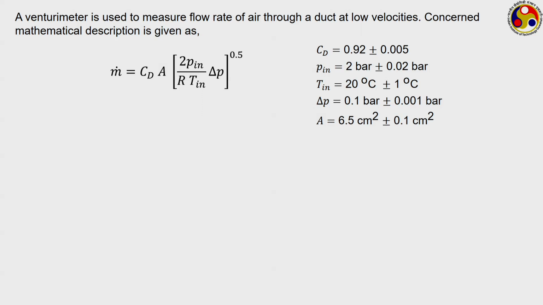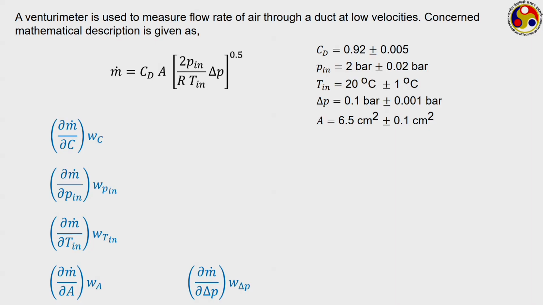And there's another problem given for the venturimeter. Again, there are 5 different parameters, 5 different measurements that we have to do to get the final value of the mass flow rate of air through the duct. So we have to calculate basically 5 quantities, and for each case calculate the product of sensitivity and corresponding uncertainty. Like for this coefficient of discharge, this is the sensitivity, this is the corresponding uncertainty. Similarly, you can get the product for all the 5 quantities,